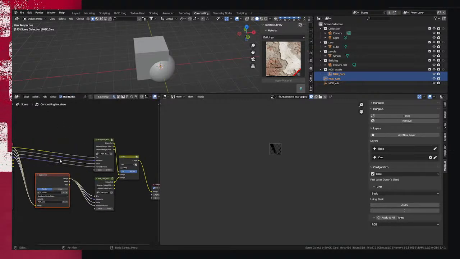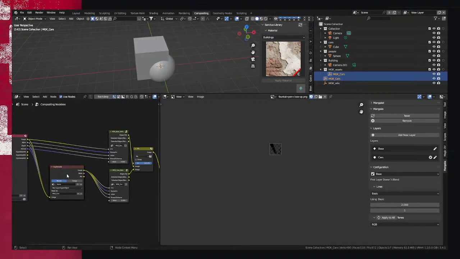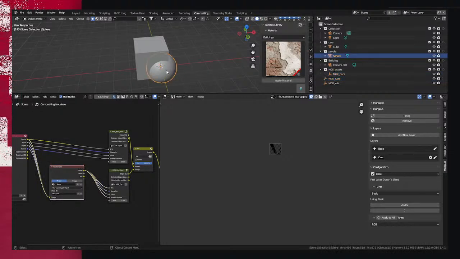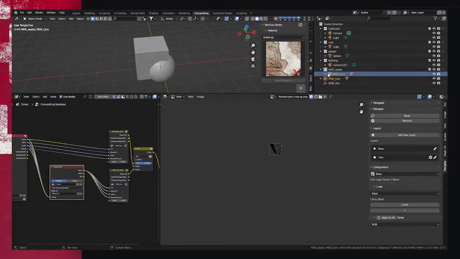So you can already see, basically the layer separation works via Cryptomate. So how does this exactly work? Well, if you have an asset, an object, and you want to separate it from all the other objects in how Mangaka will draw it, you take it from the outliner and you drop it inside this empty inside the Mangaka asset collection. So Mangaka will generate a couple of empties,